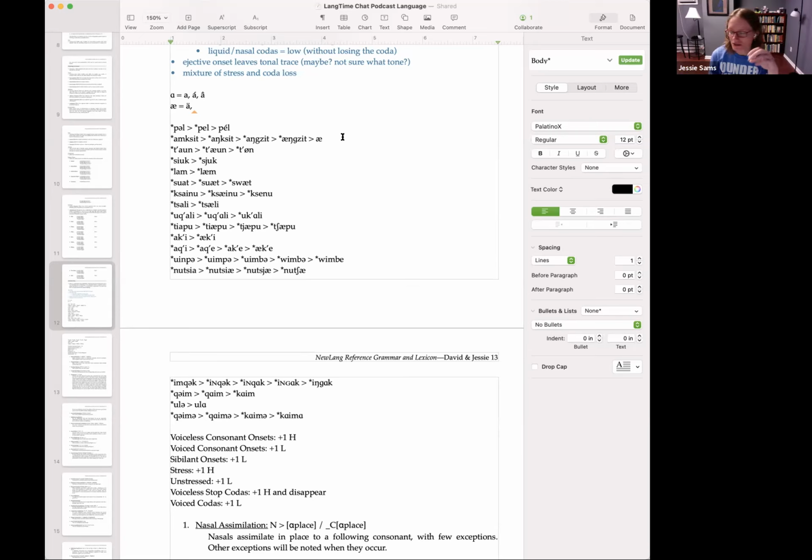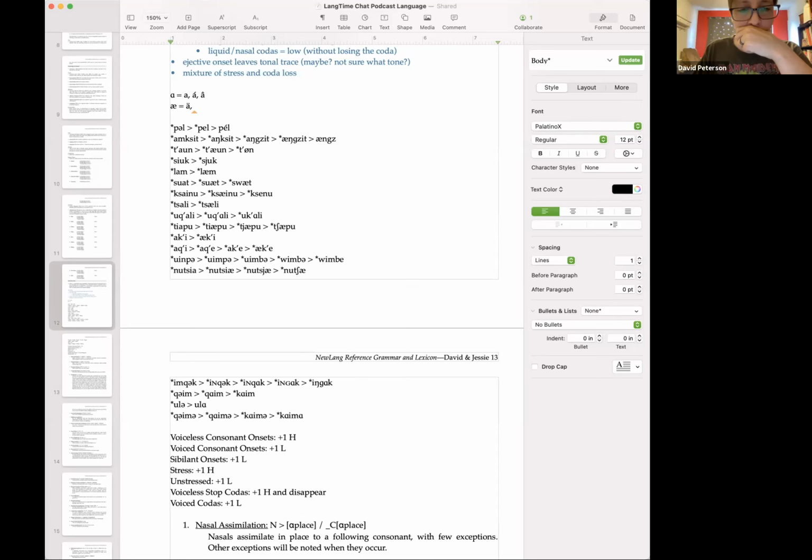And as he's searching for this, I'm gonna keep typing. So we've got the ash, we've got the N, the G, Z, and then we have the second syllable, gzit, which of course is the stressed syllable. So it's got that high tone. So there's one for high. It's got that voiceless coda, the stop coda. So that's another one for high.